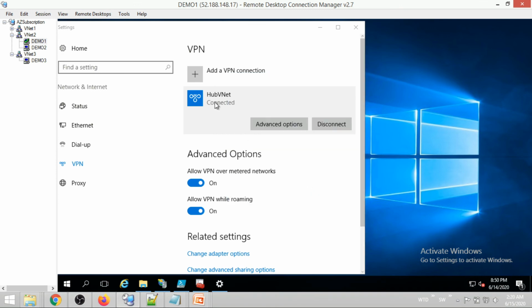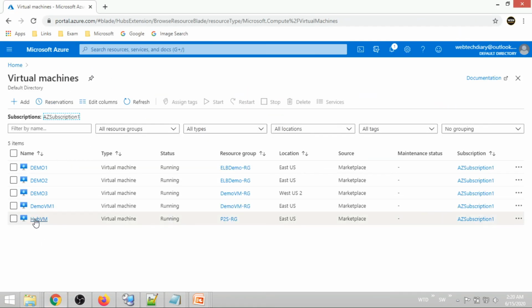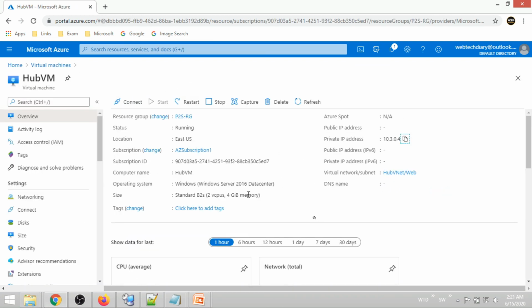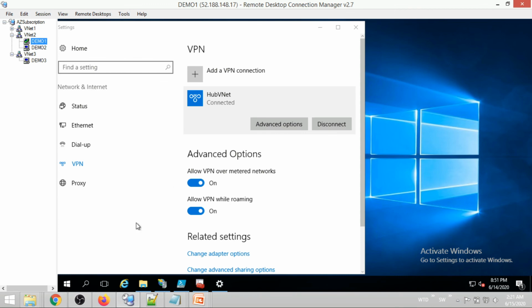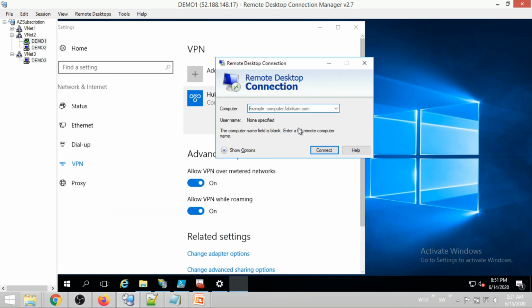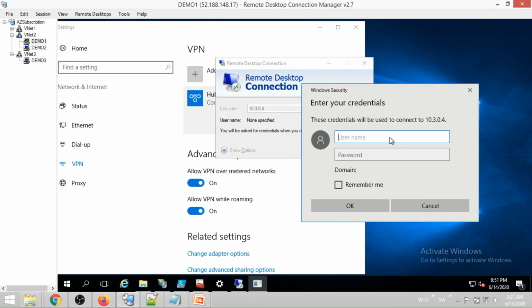You can see VPN is connected now. So let us get the private IP address of VM. Let us take the private IP of this hub VM and we will connect. Can connect to the hub VNet.